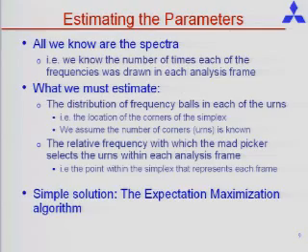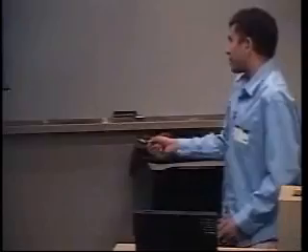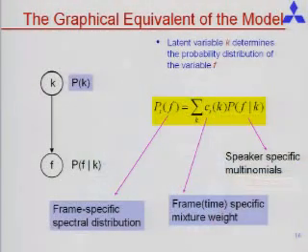Now we have the model, but how exactly would we estimate the model? We have a mixture multinomial model for every frame. We know that the basic multinomial components do not change from frame to frame, but the mixture weights by which these multinomials are combined change from frame to frame, and all we have observed are the final outcomes, the counts of the various outcomes. Remember, we are thinking of the spectrum as a histogram of counts over a discrete random variable. And well, it turns out you can do this very simply. You can simply use the expectation maximization algorithm. All of us are familiar with it. If you sit down with a pen and paper, I'm sure all of you could derive it.